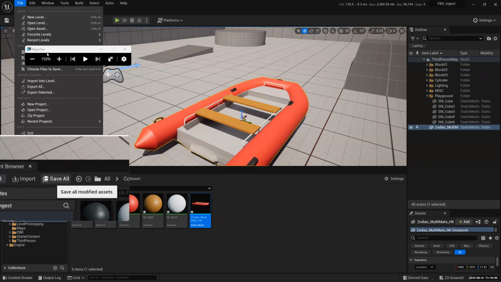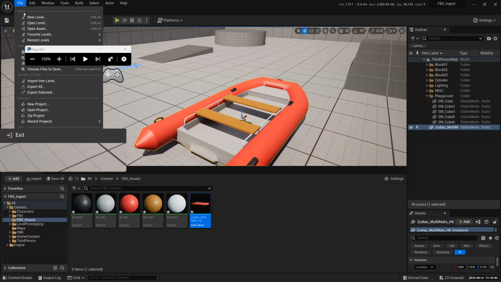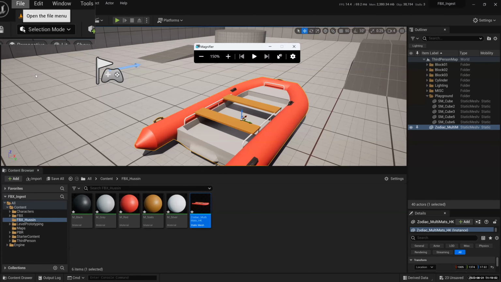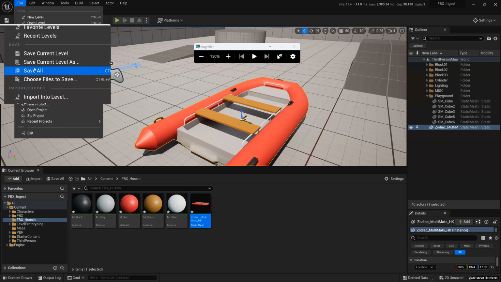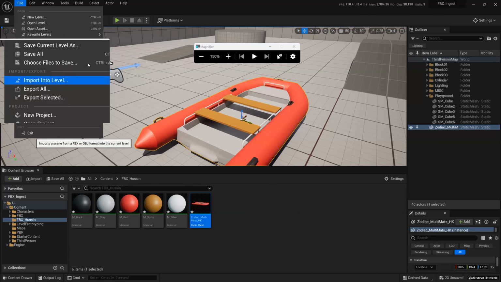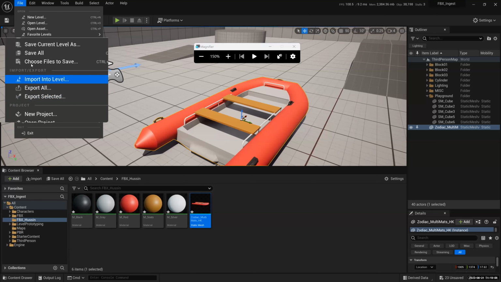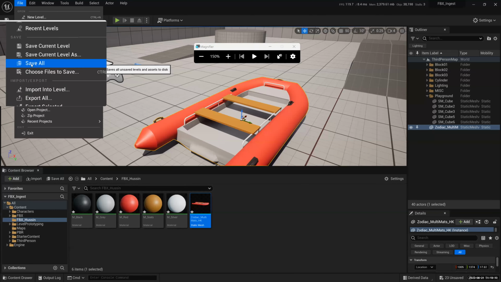So the better keyboard shortcut to remember when you want to save your project is to go to File and then click on Save All. Remember, Control-Shift-S? This is a better one to remember because you're going to save the level and also save the objects that you brought into Unreal Engine at the same time.